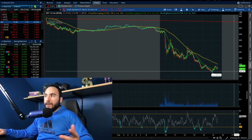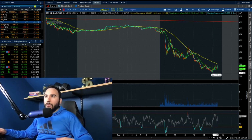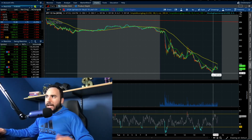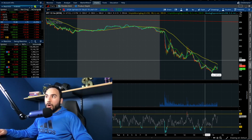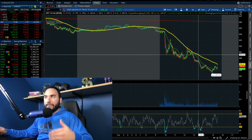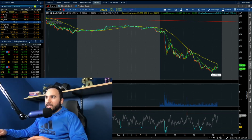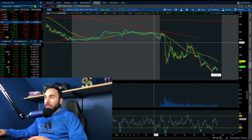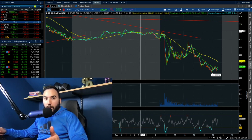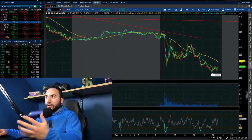In fact, we just hit a fresh low on the intraday chart about a half hour ago, at exactly 397.63 here on SPY. So we're taking low out after low out after low out, not only on SPY, but also on Triple Q. You guys can see Triple Q just hit a low of $295, and in the pre-market, guys, it was over $301. So we're seeing a clear dump off here, clear downtrend, and again, the bears are clearly, in my eyes, in charge right now